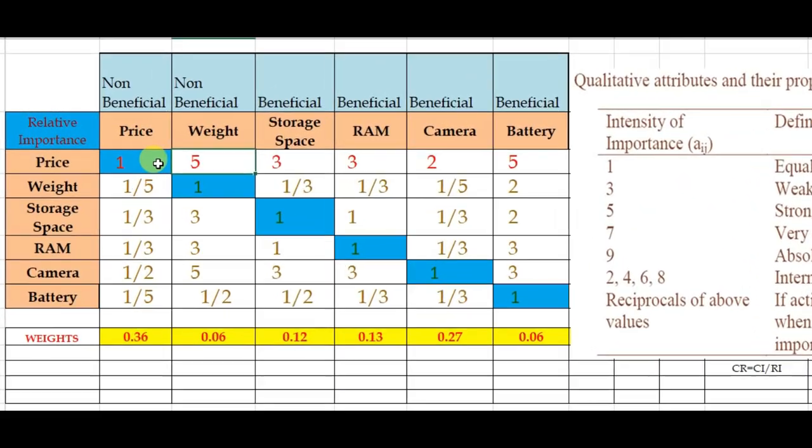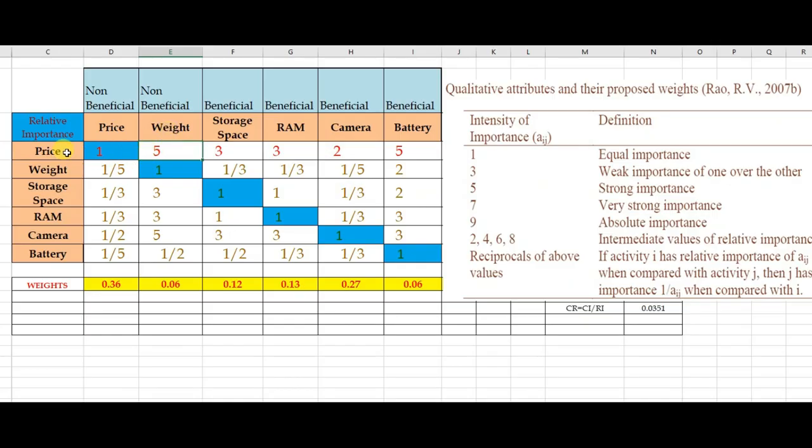Now in this particular problem I want to give more importance to the price as compared to the weight. So that's why here I have given value 5. 5 indicates that it has strong importance. So whenever I want strong importance of price over weight, I have assigned value 5. Now remember, whenever I compare price with respect to weight, I am assigning value 5. So when I compare weight with respect to price, I have to assign a value 1 by 5, that is